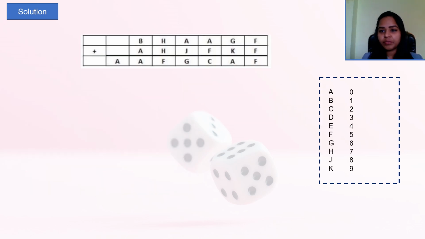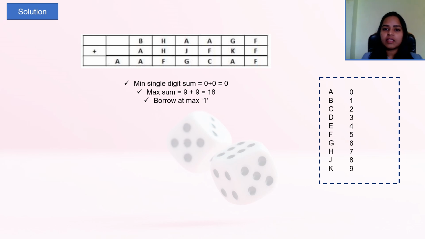On the right side, I have put all the alphabets and all the numbers and I'll keep on striking them once we find whatever alphabet matches whatever number. So before going ahead, first thing is that the minimum single digit sum is 0 plus 0 equal to 0 and maximum possible is 9 plus 9 equal to 18 if both are equal and they are highest. So the maximum carry that is possible is 1. So even adding 18 plus 1, say if there is 9 plus 9 and a 1 carry, it is 19. So the maximum carry that you can have is 1, right? So let us keep this in mind and let us start.